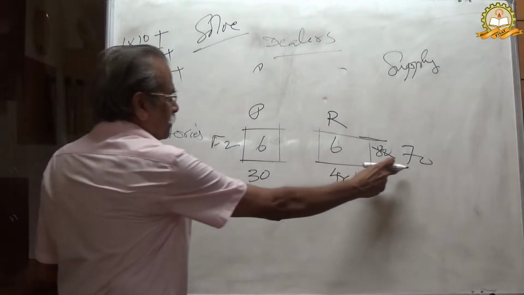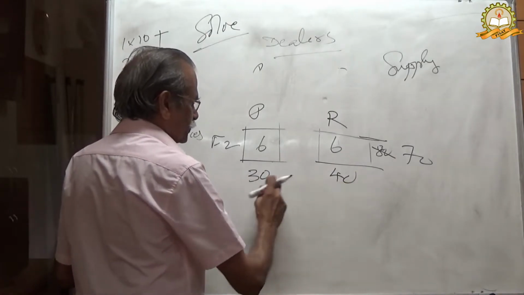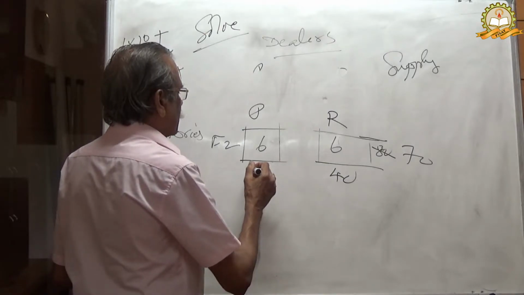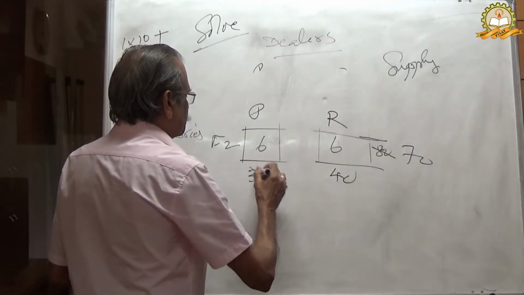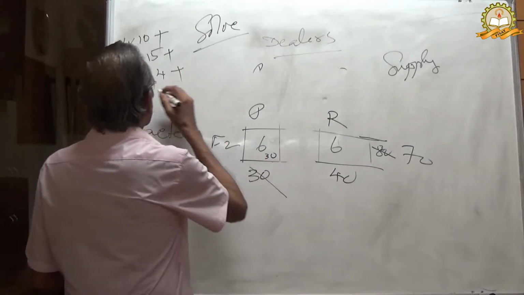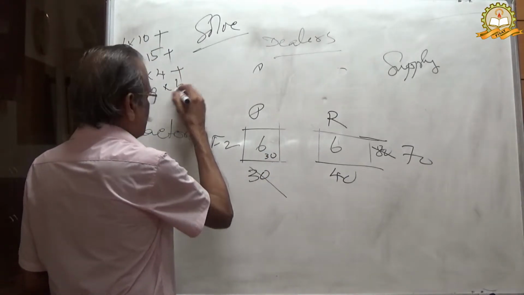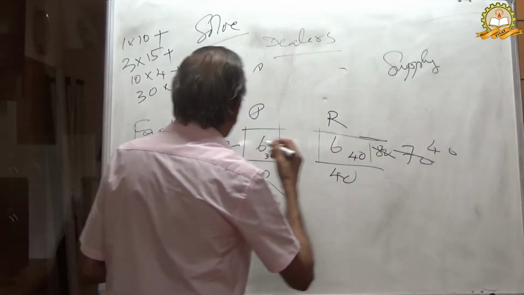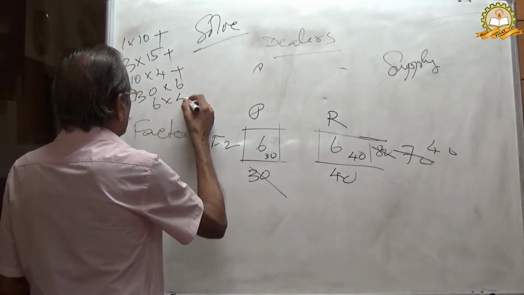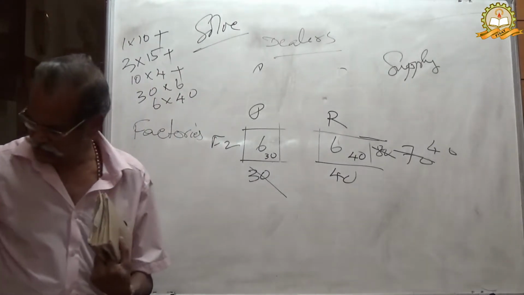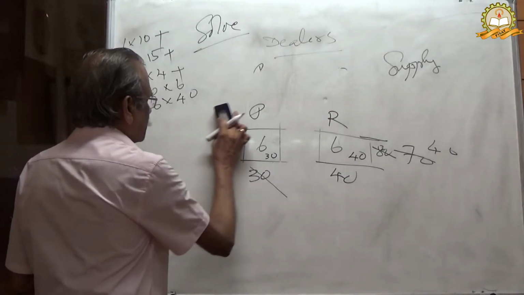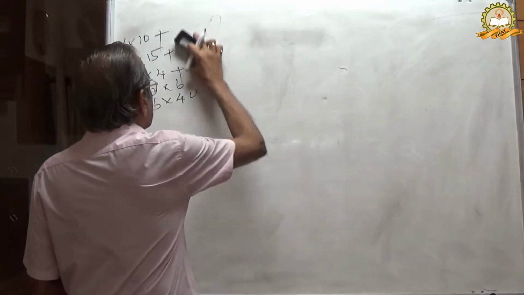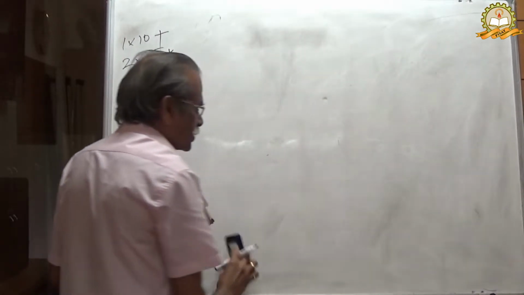You can see supply 70, demand 70, 30 plus this, and you are getting only 2, 1. Therefore, here you can think that 70 is available, 30 can be given here. Therefore, 30 into 6. Therefore, balance 40. 40 can be given here, plus 6 into 40. Therefore, entire supply is completed.